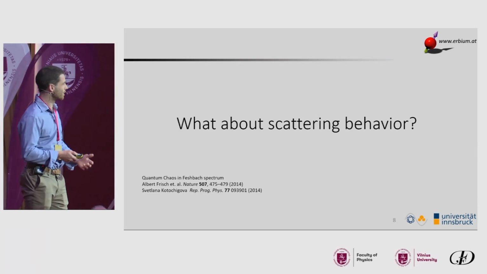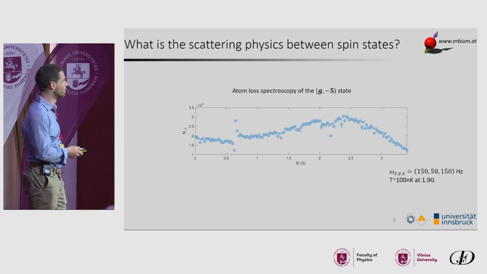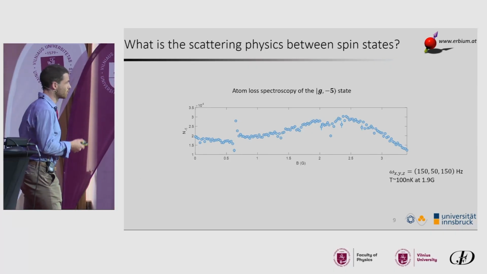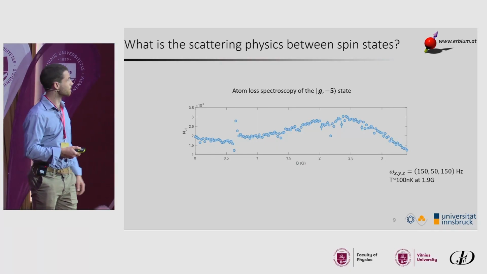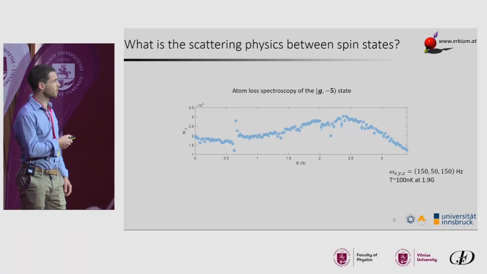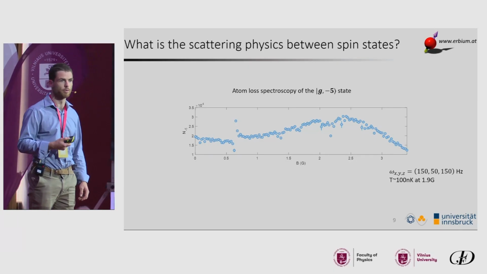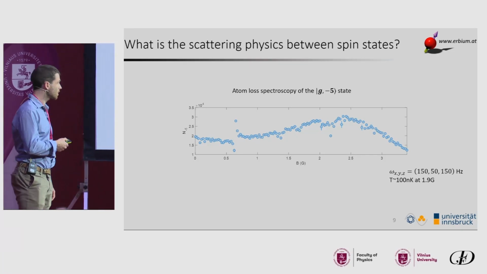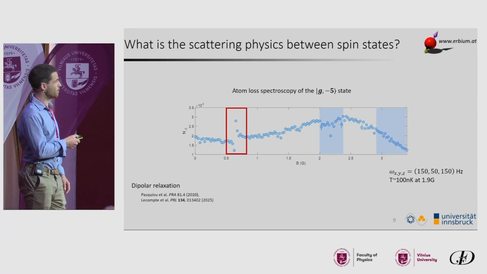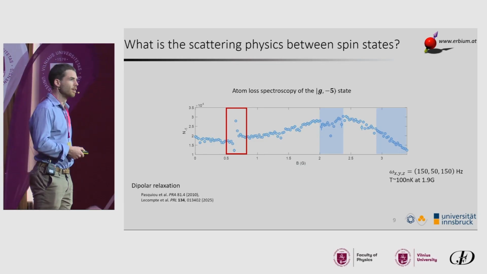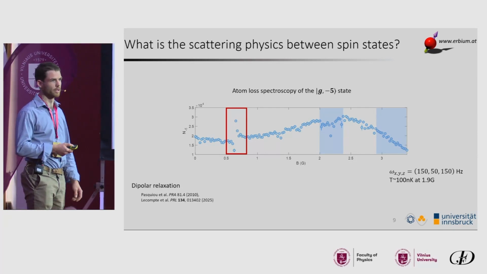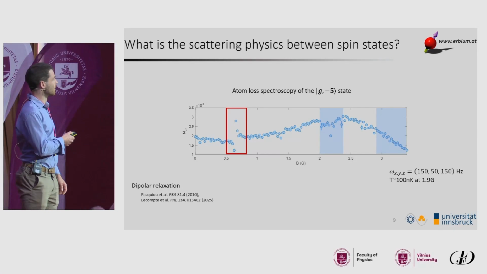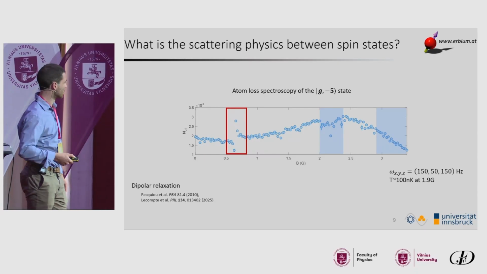So the first thing we have done is, let's just give it a try. In ultracold gases, we have a very nice tool to try to understand interactions. It's called Feshbach spectroscopy. We basically prepare our cloud at a certain magnetic field, then we go very fast to another magnetic field, and we look at how many atoms we have after a certain time t. Usually what you see is the appearance of some resonance. That means you couple to some molecular state, and that indicates that in those regions you can control the scattering. The thing is, you see there's this background here that is actually due to dipolar relaxation.